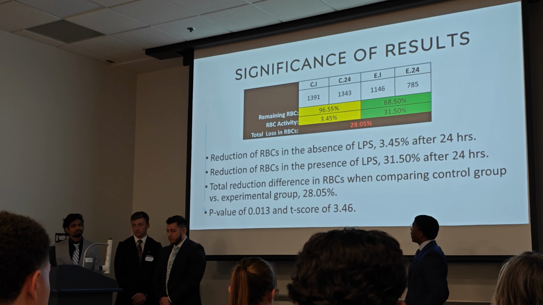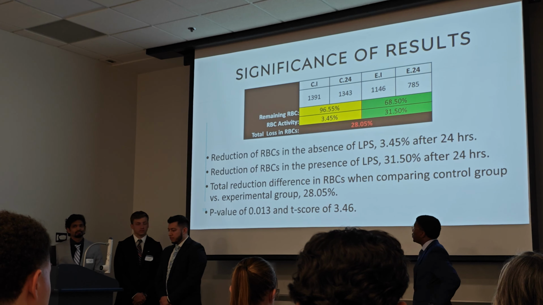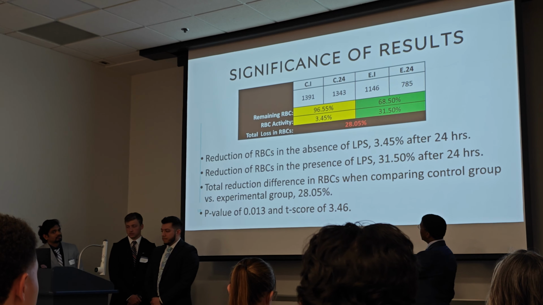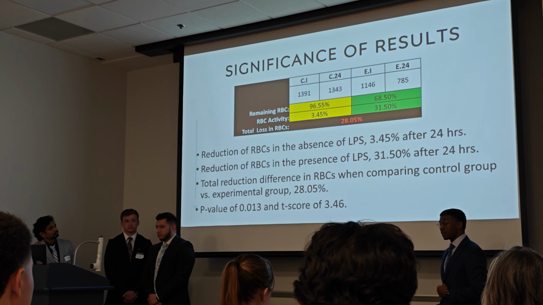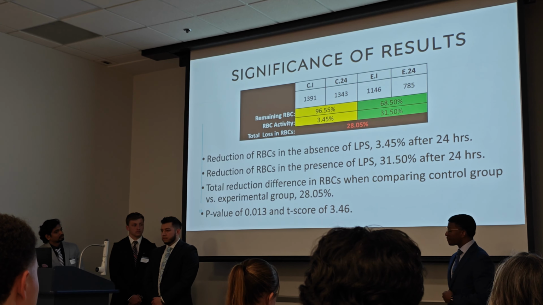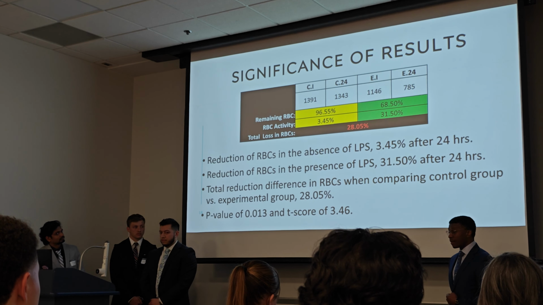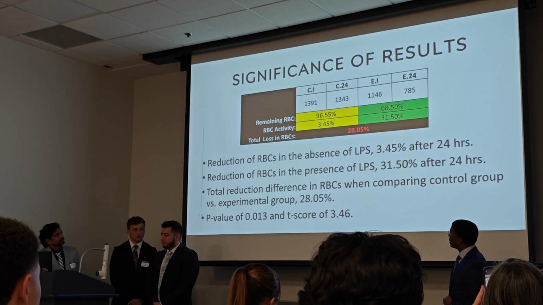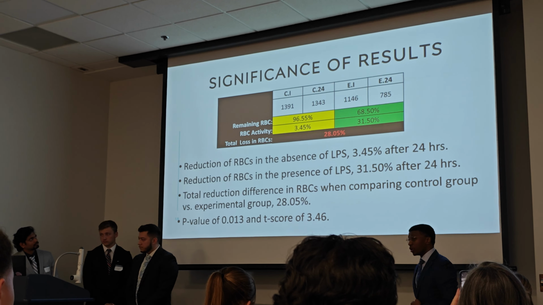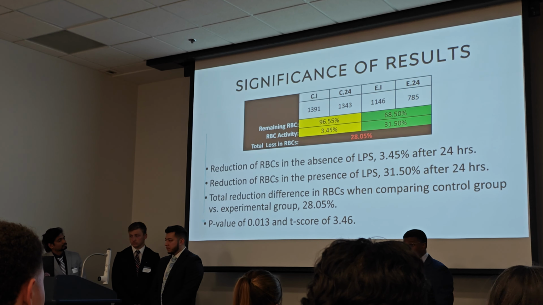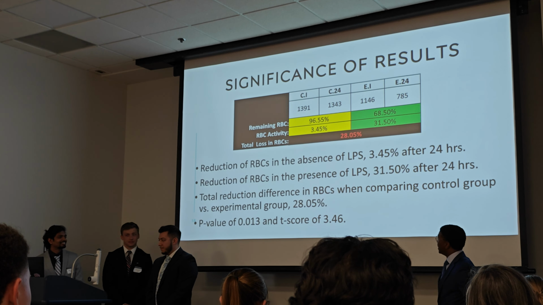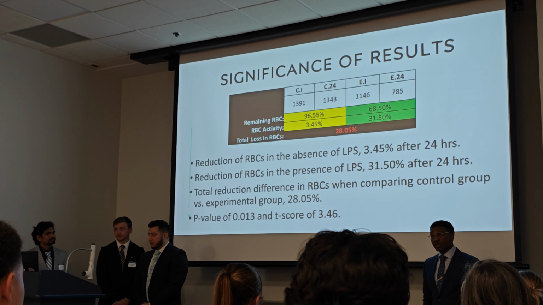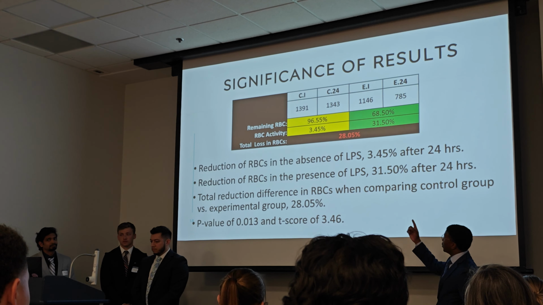So in the complete count, Jordan showed you on the actual hemocytometer how those red blood cells look. Out of all 5 experiments, we did see in our control group a total reduction of 3.45% of red blood cells. That would be naturally in our body without LPS being induced. But with the inducement of LPS, we can see in green here a total reduction of 31.5%. If that's happening in our body, that is very bad. That is not something you'll be able to survive, essentially, because that reduction ends up being a total amount of